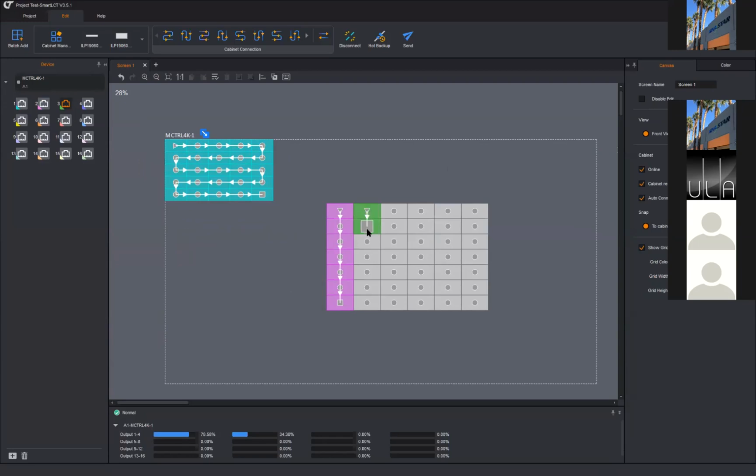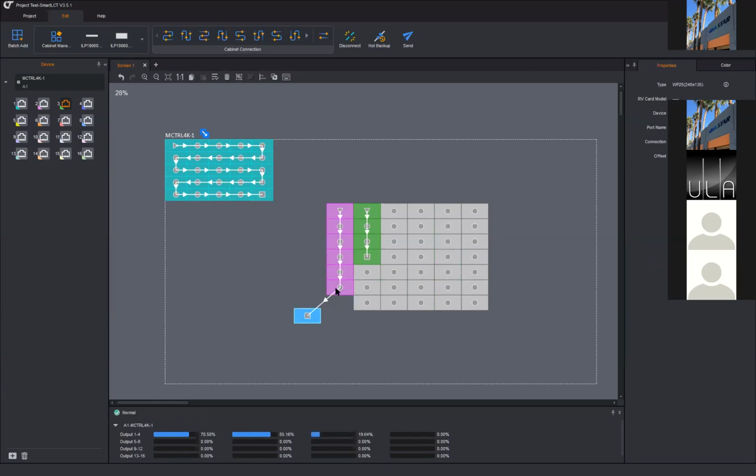So if I start to do that, see how it maxes out? And that's what we were talking about back in the first session about maintaining a square or rectangle for your screens. This is a really good way to visualize the limitations of the port loading if you come into here and just play with it. Because if you notice there, as soon as I go over another row, it'll basically wig out. So that's one of the advantages of this.